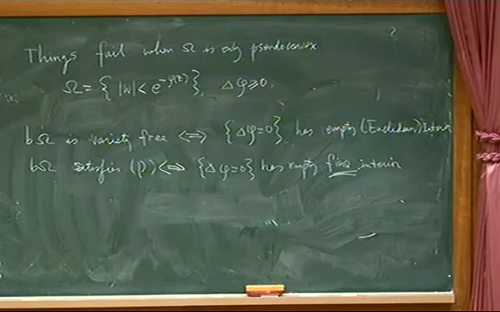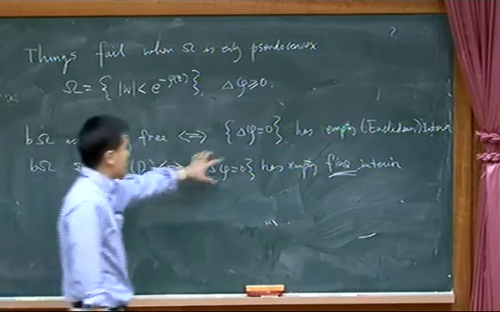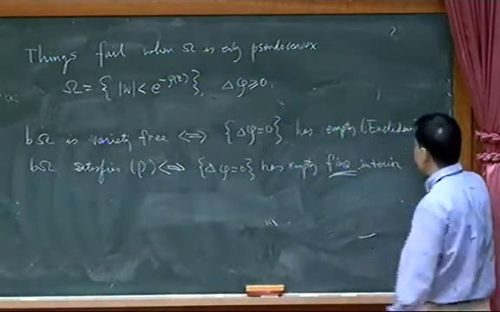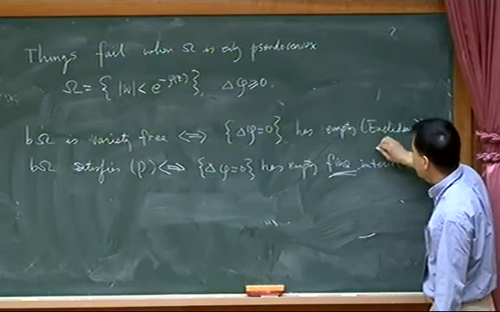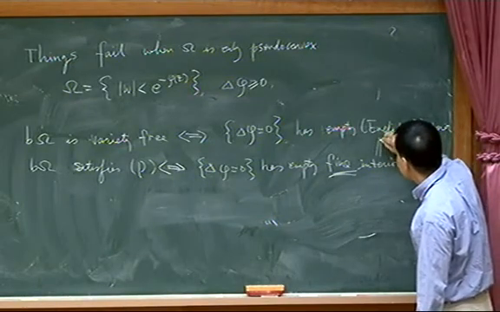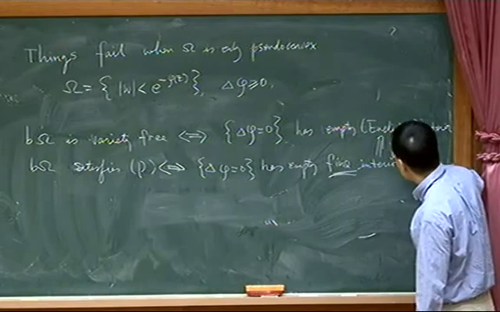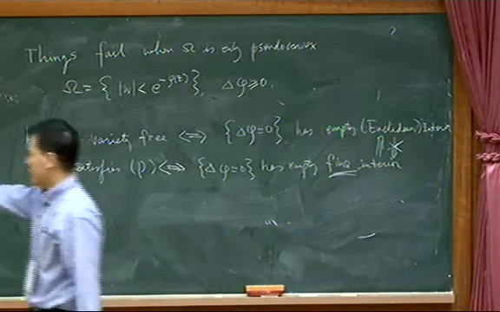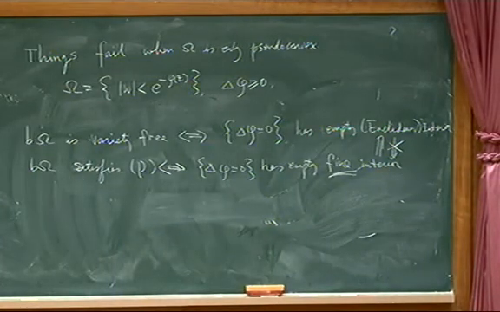Fine topology is a potential theoretical topology. It is a topology where you add more open sets to the Euclidean topology so that subharmonic functions become continuous. We all know that a subharmonic function is only semi-continuous, but if you add more open sets, then it becomes continuous. So the fine topology is finer than the Euclidean topology. So from here we already know that this is stronger, but this does not hold. So in the Hartogs domain, unlike in the convex domain, this already is not true.